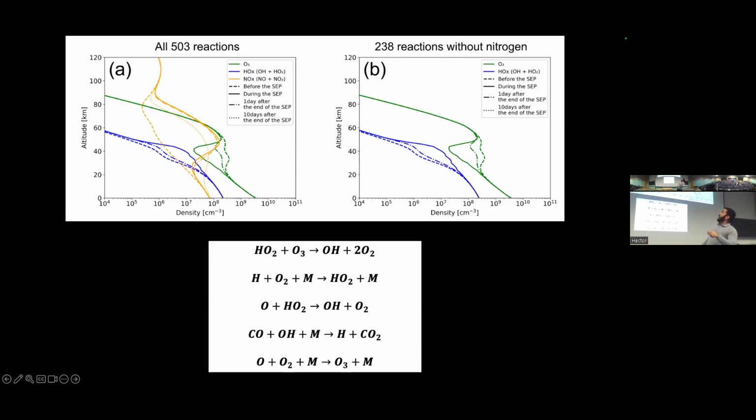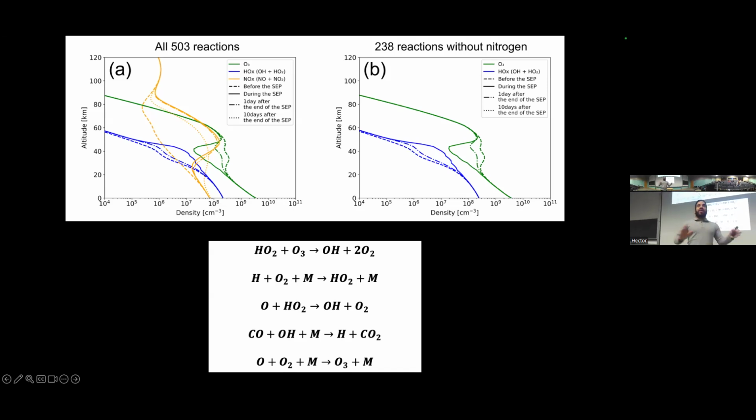What they observed, this is just an altitude profile, with the density on the x-axis for each molecule. They observe that the ozone, this line in green, has an anti-correlation with the HOx and NOx, odd hydrogen and odd nitrogen. So when the ozone goes down, the HOx and NOx go up. But then on the right side here, they took out the nitrogen, and they saw there's an anti-correlation directly intertwined with the HOx molecules. So that means the main culprit for ozone depletion has to do with the HOx.